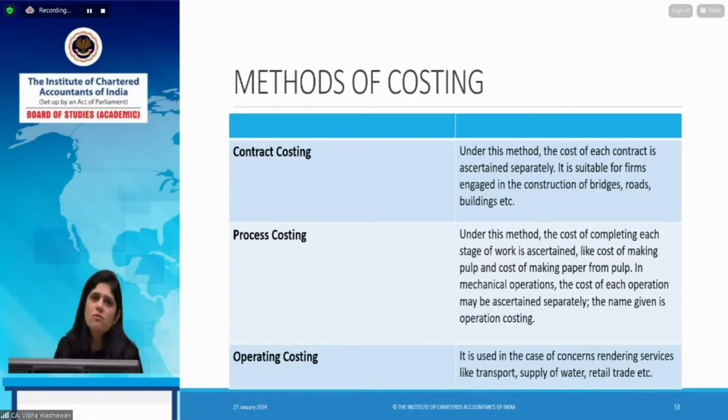उनके अलग अकाउंट्स बनेंगे, उनका अलग जो मैनेजर होगा वो रिस्पॉन्सिबल होगा। क्लियर। ऑपरेटिंग कॉस्टिंग सर्विस इंडस्ट्री में होता है, ट्रांसपोर्ट इंडस्ट्री में, हॉस्पिटल में, होटल में, जहां जहां सर्विसेज दी जाती हैं वहां पे ऑपरेटिंग कॉस्टिंग लगती है। पर पैसेंजर यूनिट होगा, कॉस्ट करोगे आप, पर पेशेंट क्या कॉस्ट है, पर बेड क्या कॉस्ट है, पर रूम का, जो